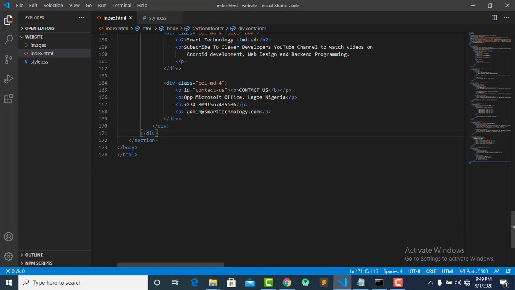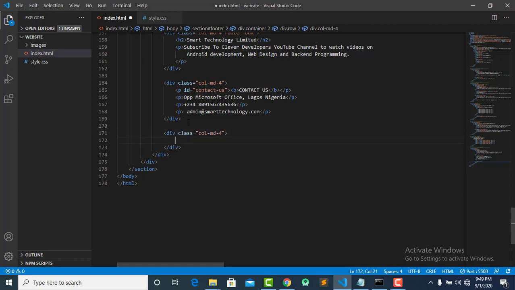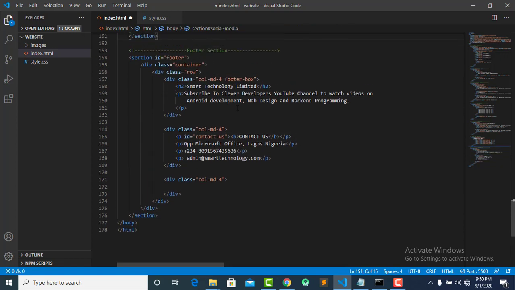So let's give another col-md. This col-md is going to have an input this time. So I will say dot col-md-4. I'm going to copy the same footer box because we want the CSS to affect all of them in the same way. So now inside this col-md,